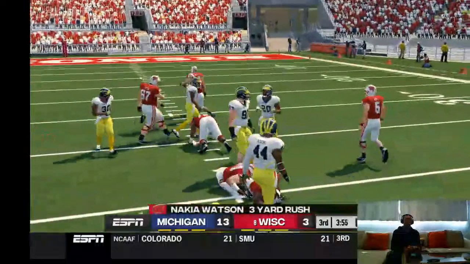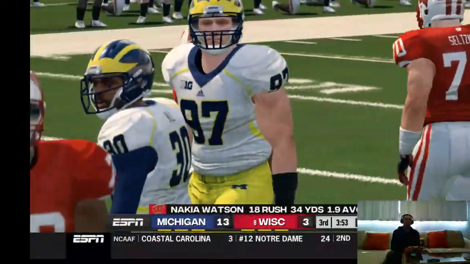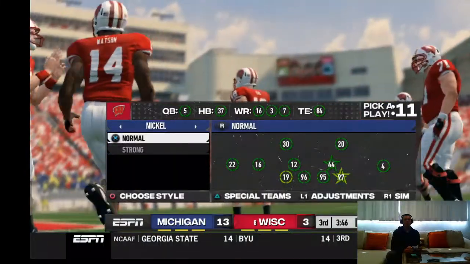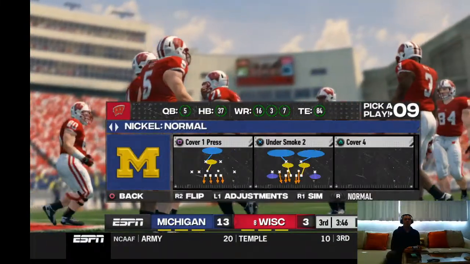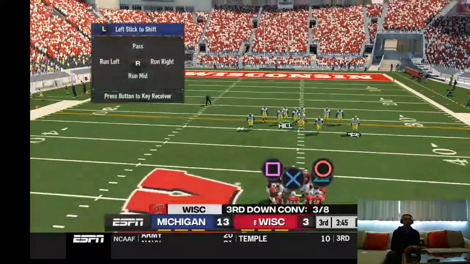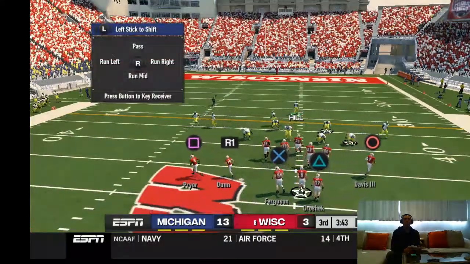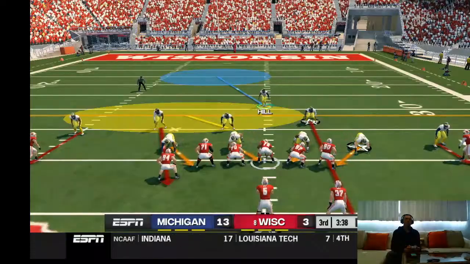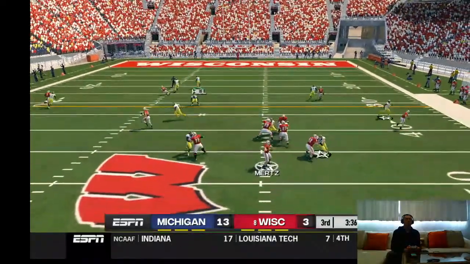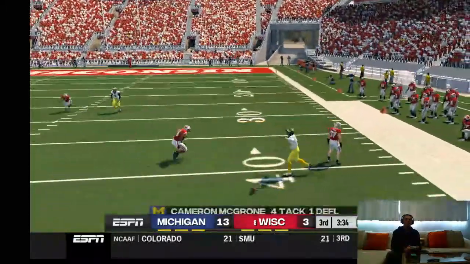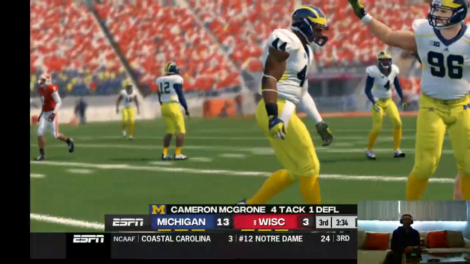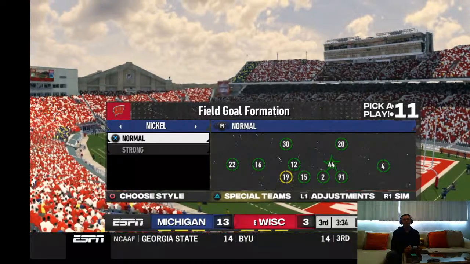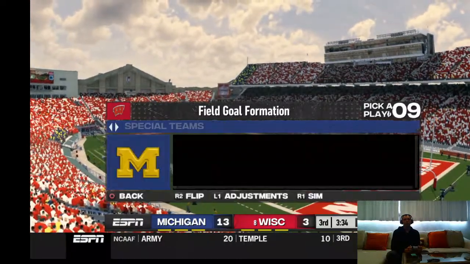They'll bring him down right around the 40. 3-yard gain by the running back. That'll bring up 3rd and 8. So we're looking at another 3rd down here. Oh, almost picked off. Hey, that's a heads-up play there by the defender. Get those hands up and something good may just happen. That makes it 4th and 8. Wow.